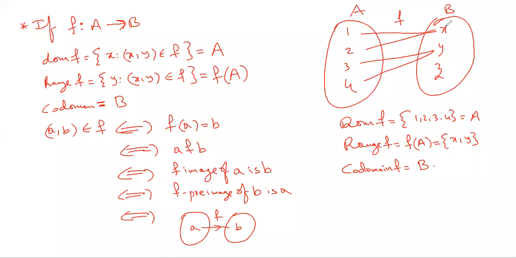One more important point we discussed with relations also. A relation need not have a definition. If they are following a pattern, then we give the definition and write the set builder form. Giving the definition is basically writing the set builder form. You can write the set builder form of a relation or a function if it is possible. If it is not possible, we won't be able to write it. Like that, the definition is not compulsory for a function. But still, if it is possible to give a definition, we will give it. You can write that as a theory point also, because that should be fixed in your mind.